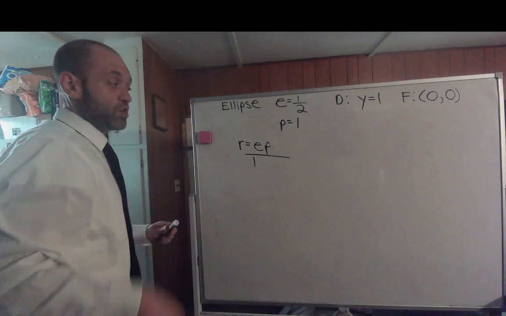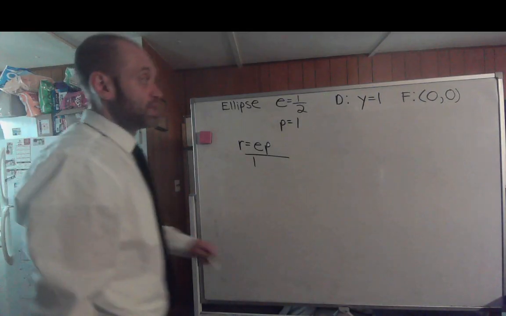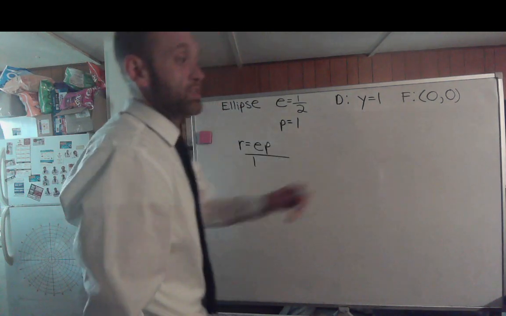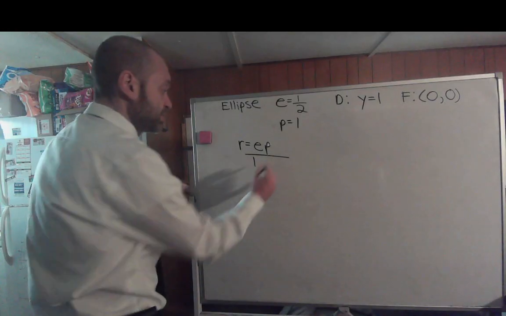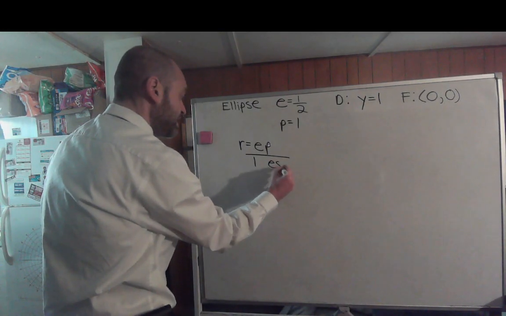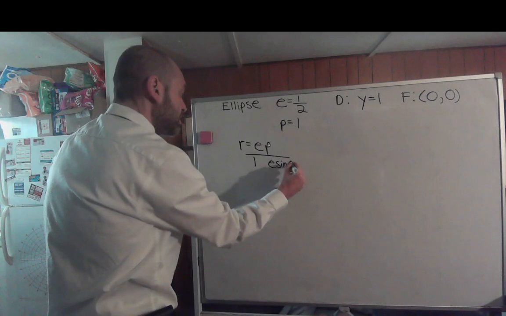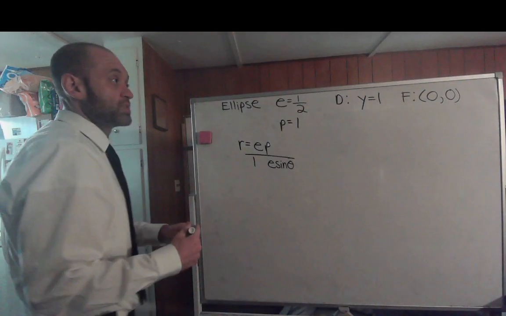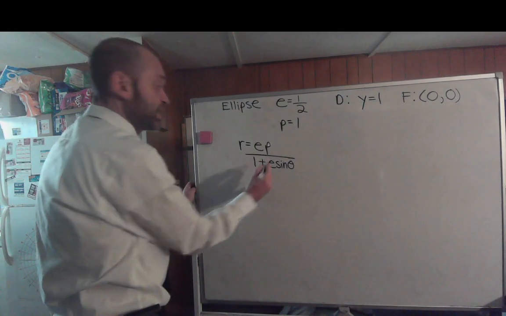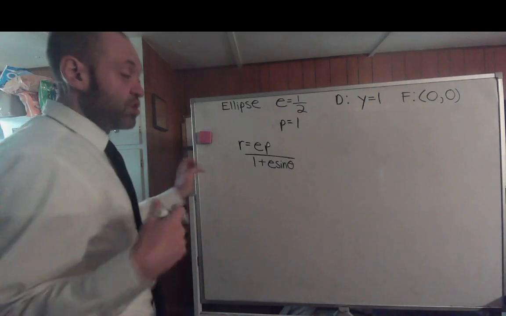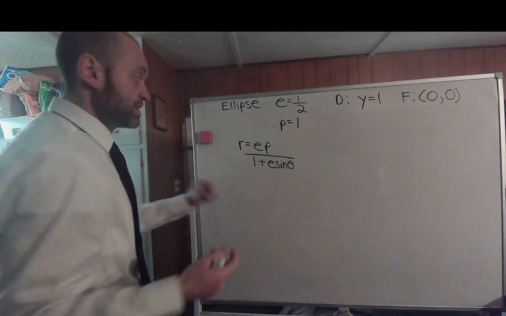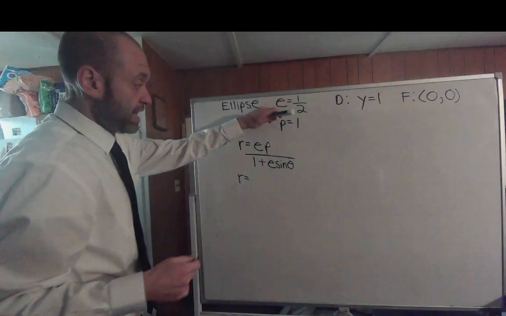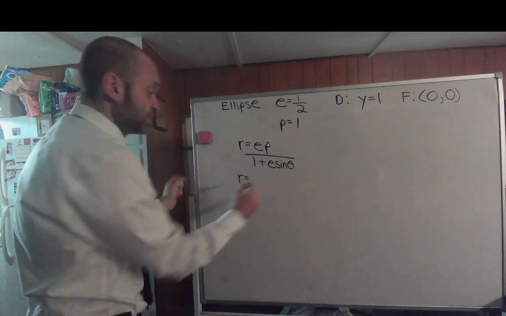Now, which function are we going to use? Since the directrix is y equals, that tells you this ellipse has the y-axis as the major axis. So it'll be in the form of e sine of theta. And then notice your directrix is actually above the focus, so it's going to be plus e sine of theta in this case. Knowing everything we know now, let's plug this into the formula. So r equals, e is 1/2, p is 1, half times 1 is 1/2,